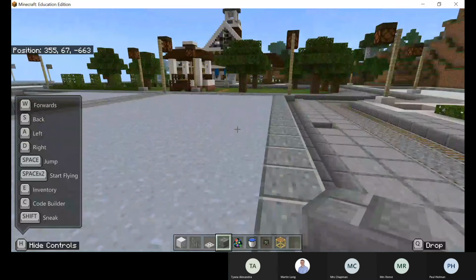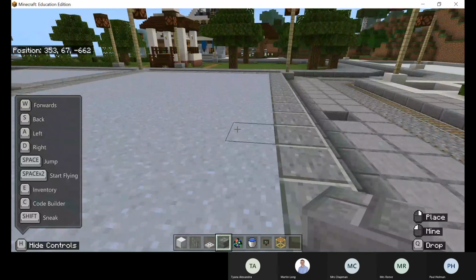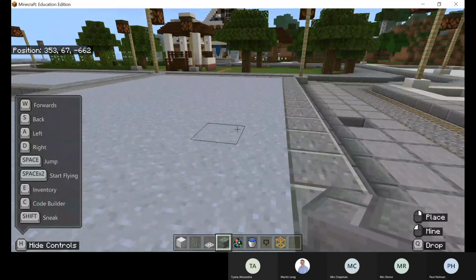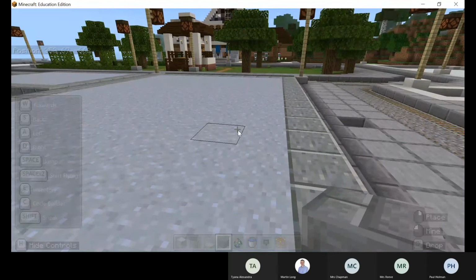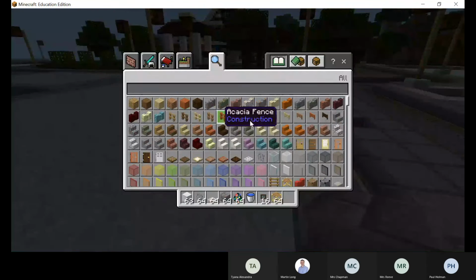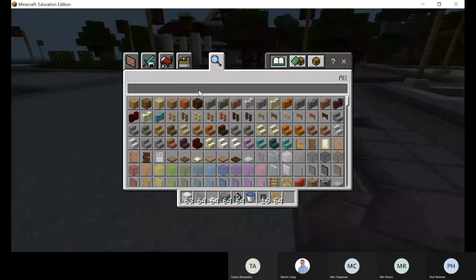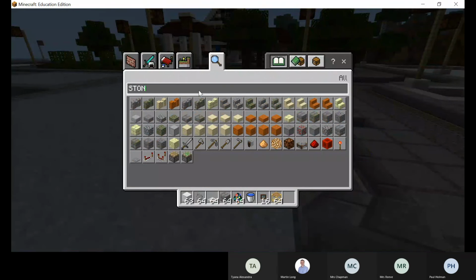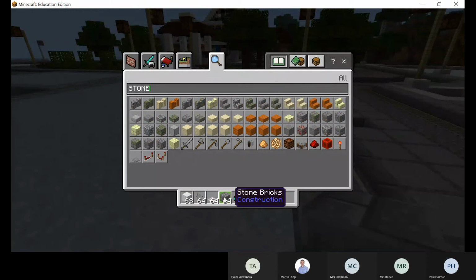Down the bottom of the screen, you'll see some squares that have got materials in them. And what I can do is I can change the equipment I've got available to me, and I can either go through the store of equipment I have available, so you can see I've got wood and things like that, or I can search for it. So I might want stone. If I search for stone, it will then narrow down the equipment that I've got. And here I've got water.